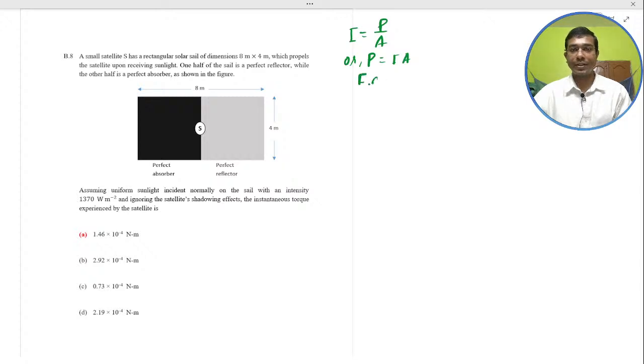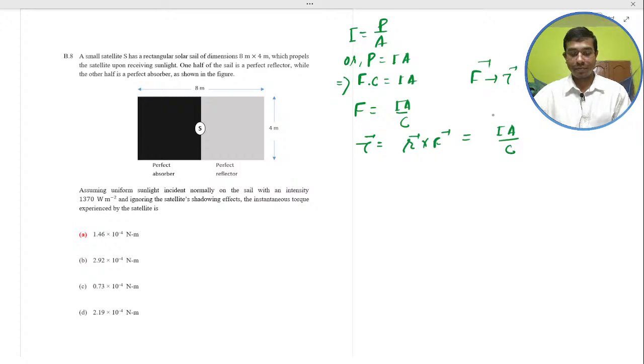P means the FC equal to IA. So the force, here F is the force. So force can be written IA divided by C. So F means tau. Tau is R cross F. Okay. That is IA by C, because here F,